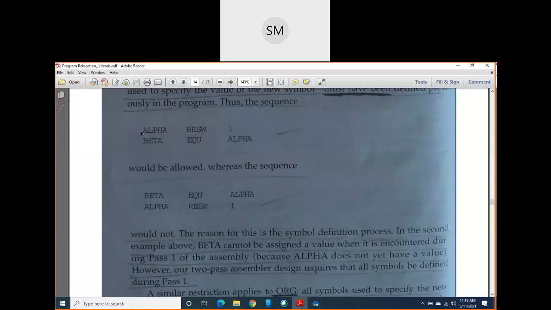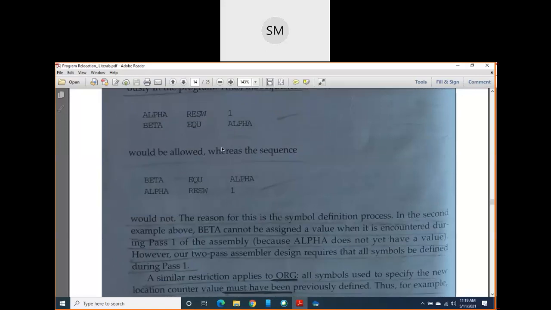Okay, so it means that alpha you are already familiar with. You have given an introduction to your assembler about this alpha, so the assembler already knows about alpha. Then it cannot be surprised whenever it looks at alpha in the next statements of the program. Now you can assign the value of alpha, whatever value is stored in this word, in this location, in this memory, in this variable, in this operand, in this label, to this beta. So this is a proper method of assigning a value to any new symbol.